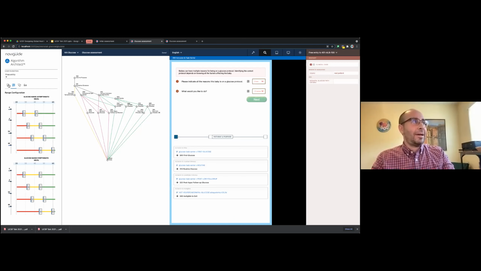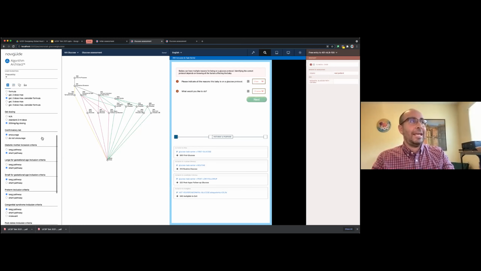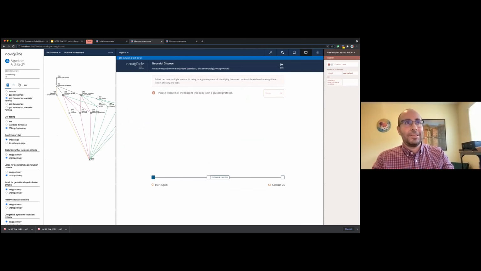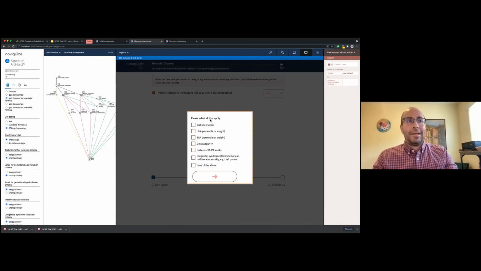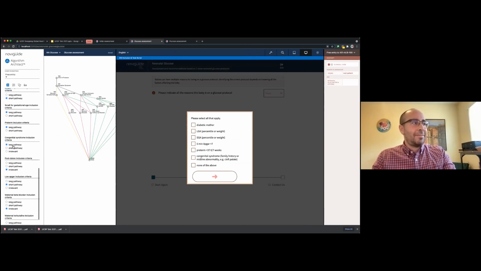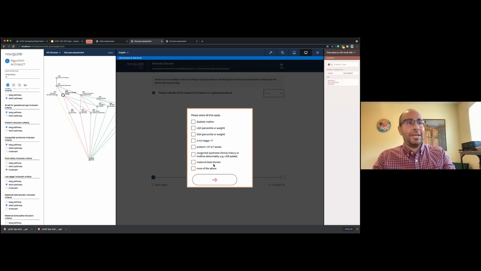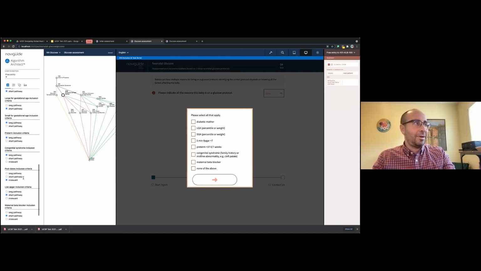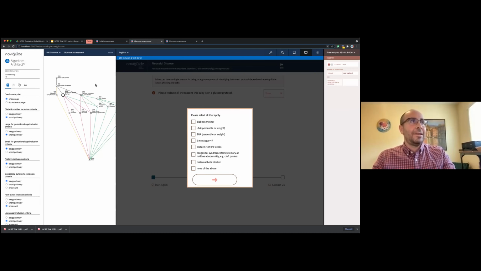In another area, you could say, look, who's even in the glucose protocol? Let me show you what this looks like. These are common reasons to get a baby's glucose checked in the United States. This is big in rural America usage: your mom is diabetic, you're large. These are the reasons a baby would get their glucose checked. But maybe some sites, as actually at our site, we include mothers who were on beta blockers. So you just click here and have it appear here. This is like live configuring to high variability pathways.